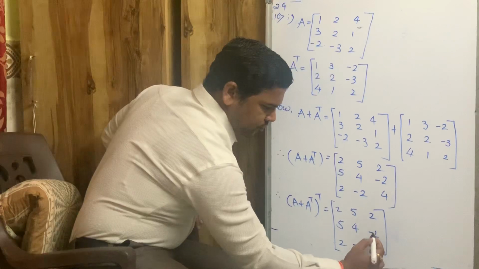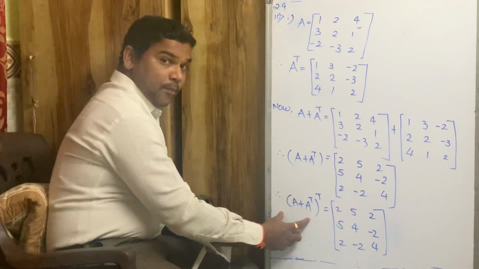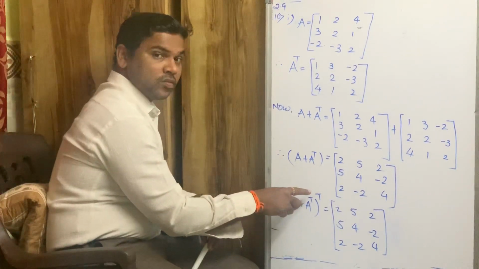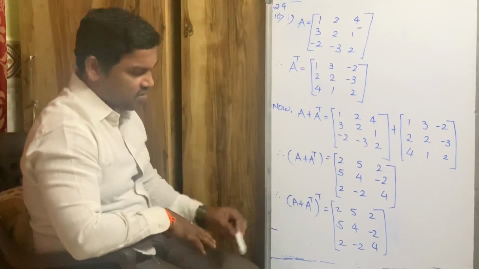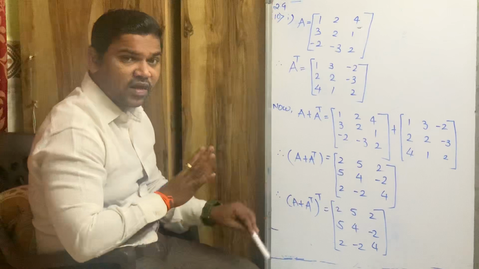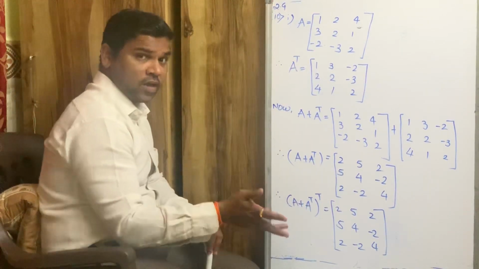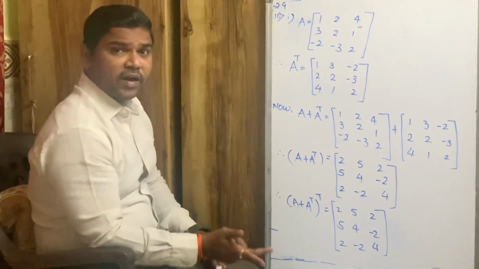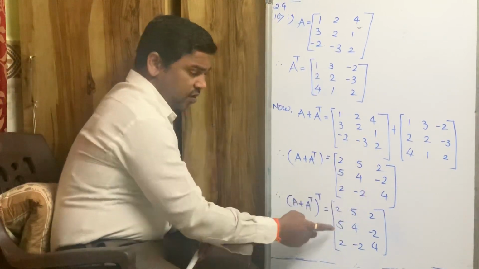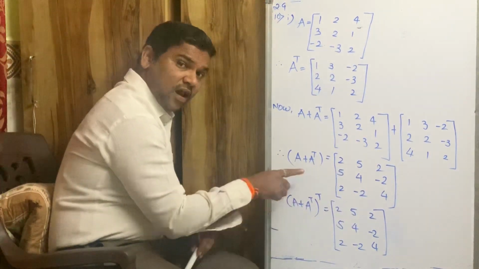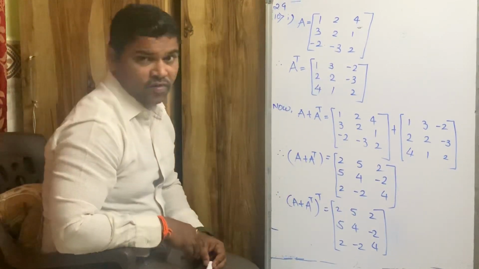Just check it out. Check A plus A transpose and the transpose of A plus A transpose. Just check both these values. Are they same or not? Means the matrix and its transpose, are they same or not? Yes, they are same. So when a matrix and its transpose are same, that means this matrix is a symmetric matrix. Are you getting it? ये A plus A transpose का वैल्यू मिला है और ये A plus A transpose का ट्रांसपोज मिला है. दोनों भी सेम है, मतलब A plus A transpose क्या है, symmetric matrix.